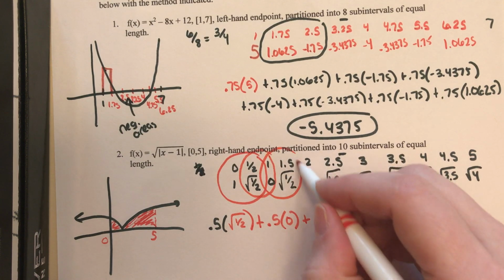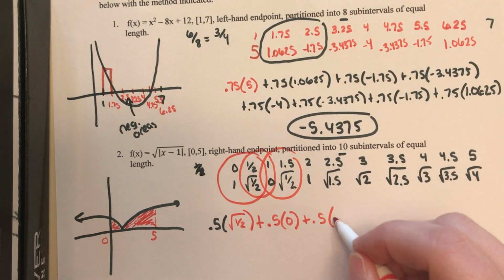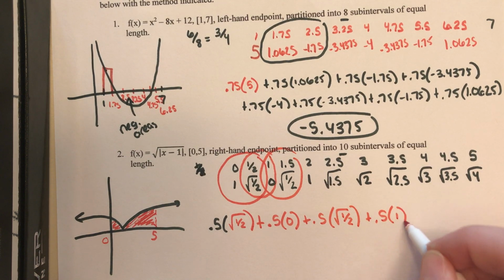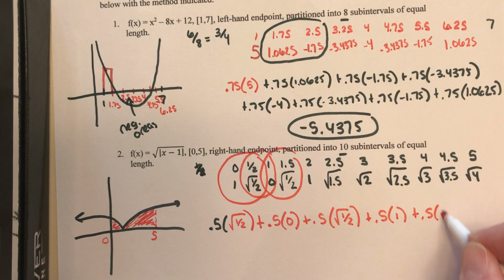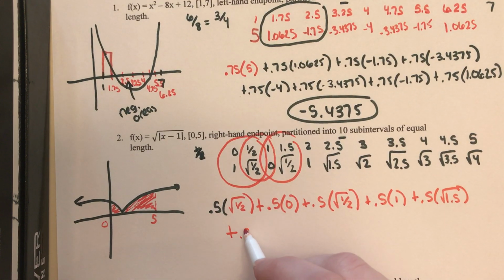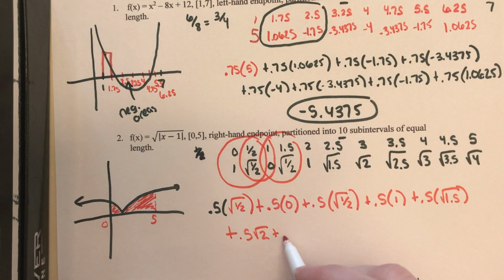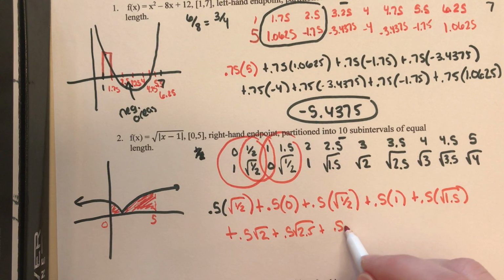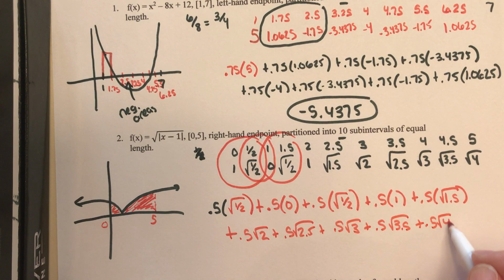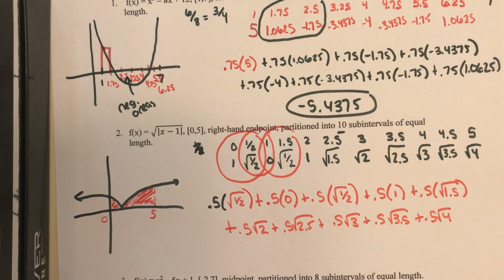The next one, 1/2 times the square root of 1/2, and we're going to keep on going until you have our answer. So then at that point you could plug in your value and get the